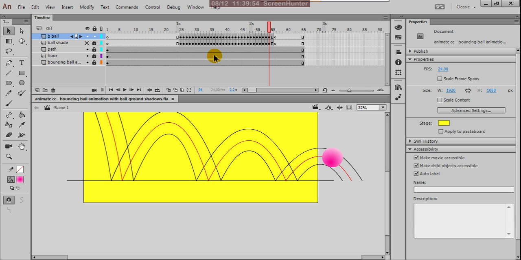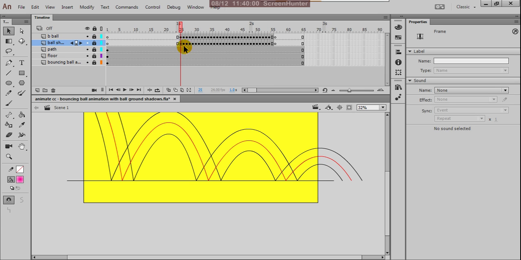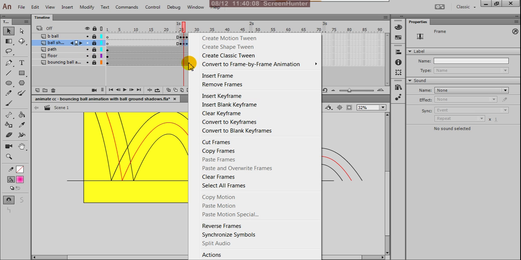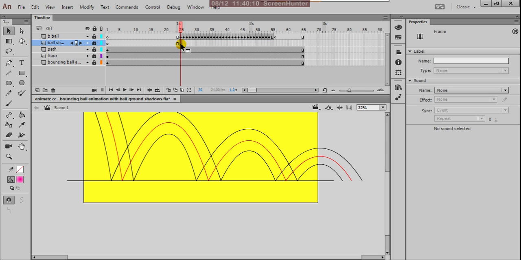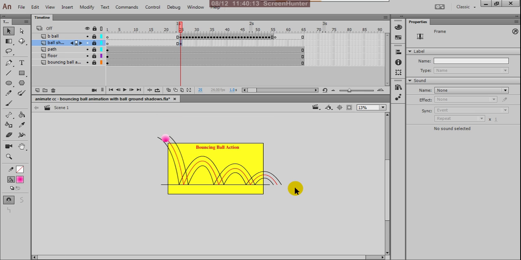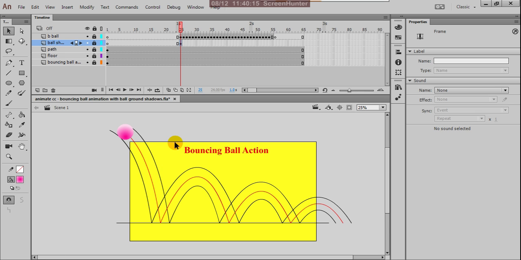Yes, for that what we are doing, I already copied this, but here I am removing all the lower duplicated shade frames, remove all except one. This is enough for me. And here what I am doing, unlock this.